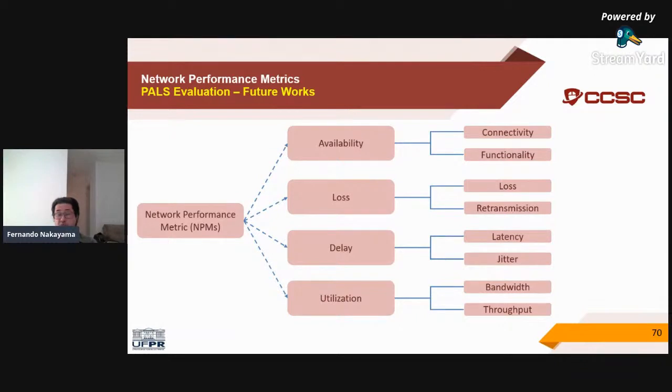So far, our experiment explored the functionality of the system, the impacts of the packet loss and also the latency as performance metrics. We will further evaluate PELS using active monitoring and considering the connectivity aspects regarding mobility, the packet retransmissions in all the scenarios, and also the delay variation. We will also evaluate the bandwidth and throughput by means of passive monitoring through the packet capture analysis.